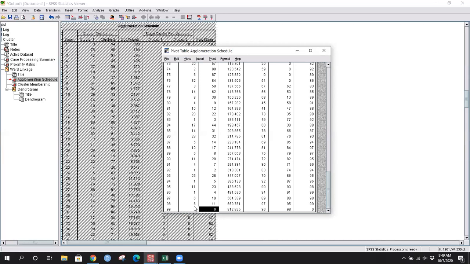Now all the 100 observations by the last stage, that is stage number 99, have joined the big cluster that is nothing but the entire sample. ठीक है ना. हम शुरुआत करते हैं, हम बोलते हैं कि हर इंसान अपने आप में एक क्लस्टर है. धीरे धीरे हम सबको जोड़ना शुरू करते हैं. ठीक है ना. So we'll start with n clusters, then we'll have, for example, अगर आपके पास 20 people है,